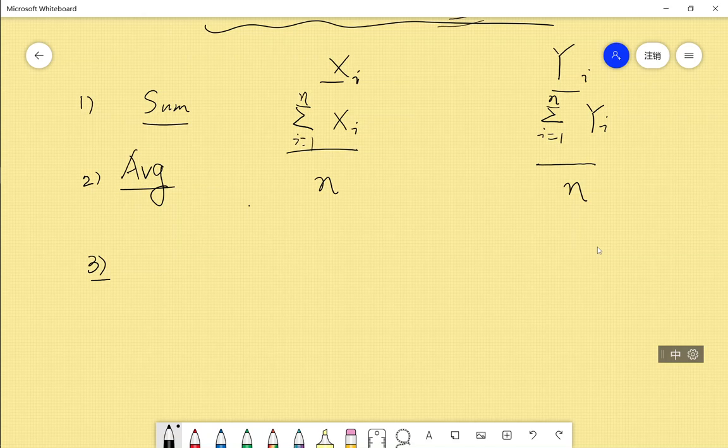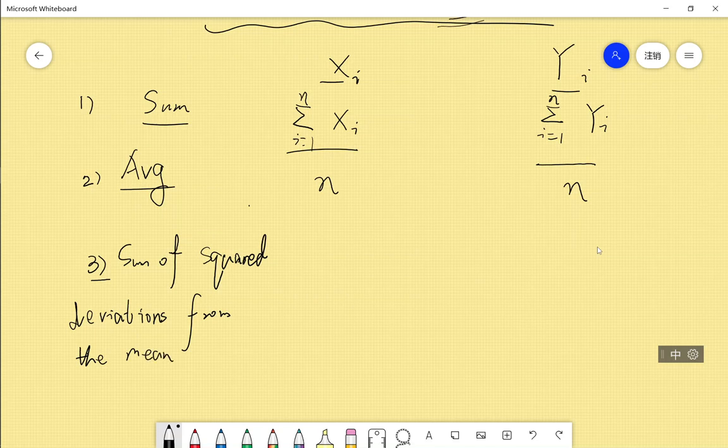So you might get the sum of squared deviation from the mean. So my requirement for you guys is to understand, if you encounter these descriptions of data, by full English or by mathematical notation,